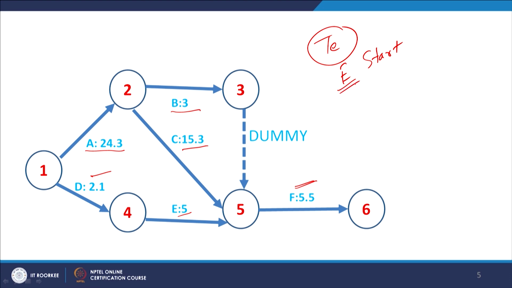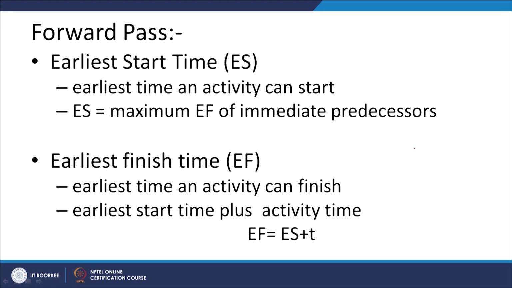What is the earliest possible time when a particular activity can be started? It is represented as ES. Then the earliest finish time, EF. Then the latest start, the maximum time by which an activity can be delayed without affecting the project duration, shown by LS, and LF for the latest finish time. One by one we will be seeing these various time values and the way by which they are calculated. When we are calculating the earliest start and the earliest finish time, this is how it is done.